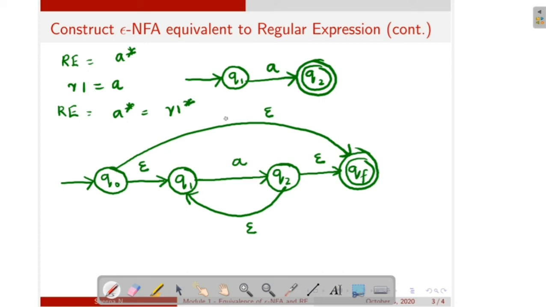Okay. So suppose this is the path, then it accepts epsilon only. Then through this one it can accept any number of A's. Okay. So this is the epsilon NFA for A star. So these are the basic constructions for AB, A plus B and A star. So by using this construction, you can easily draw the epsilon NFA for any regular expression. Okay. For example,